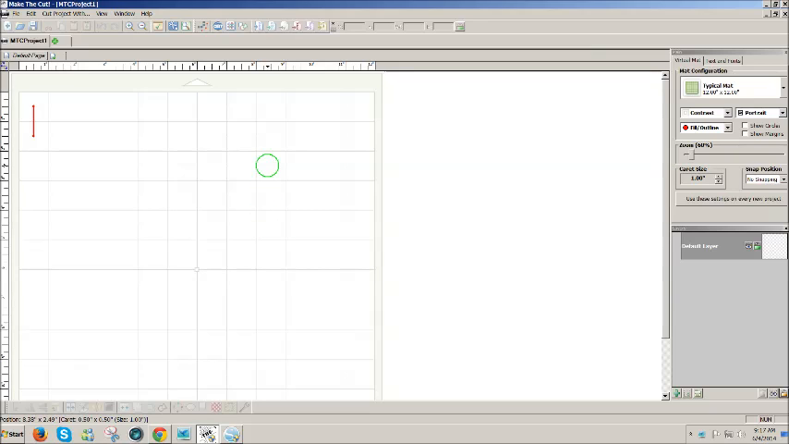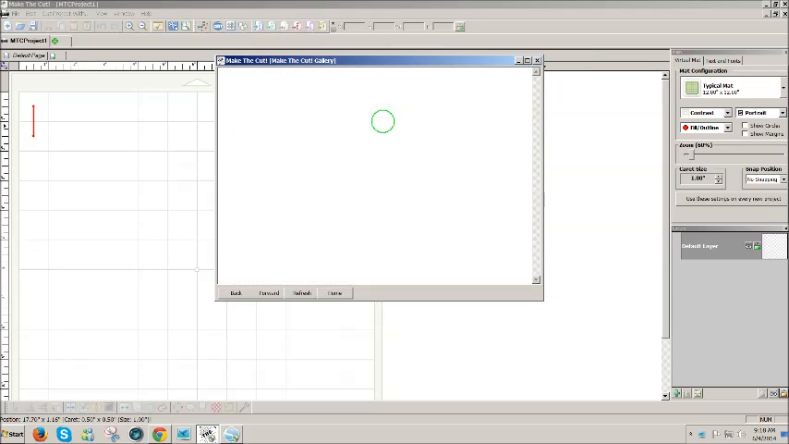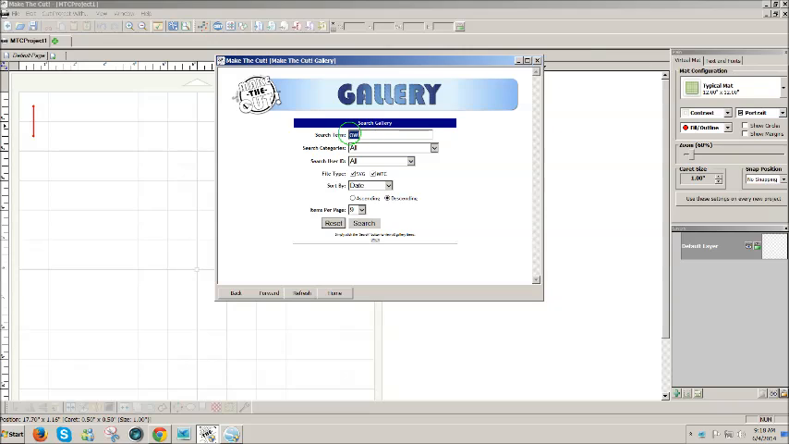The first place I can recommend to find lots and lots of cutting files is right in the Make the Cut software. If you go up to the top of the page, there's an icon that looks like a tic-tac-toe board. This is the image gallery in Make the Cut. If you click on that, then you usually get the search window here, and you can type anything you want in the search window,